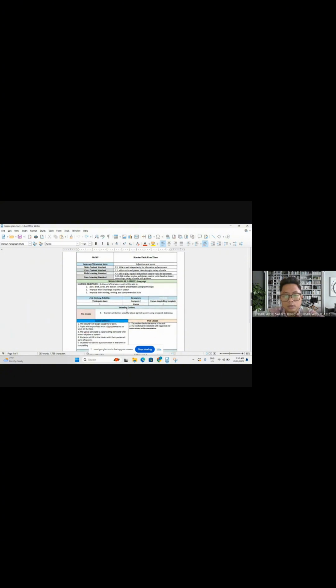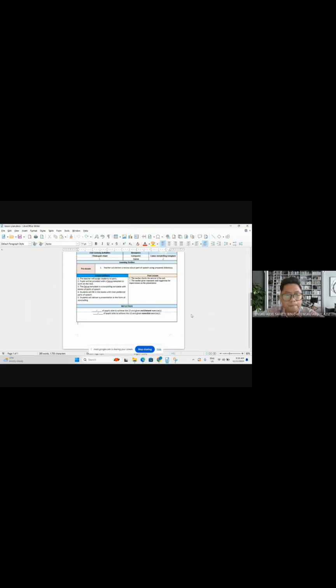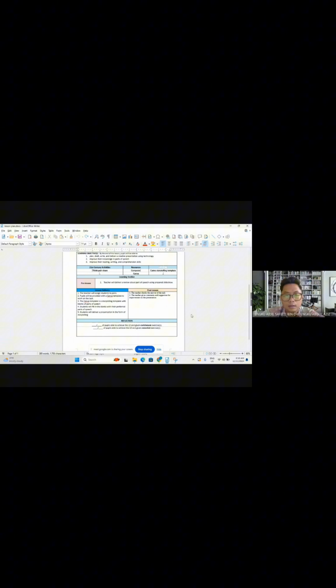The resources I'll be using are the computer and Canva. I also intend to improve their digital literacy from using the computer and Canva. Okay, so let's go to the activity.